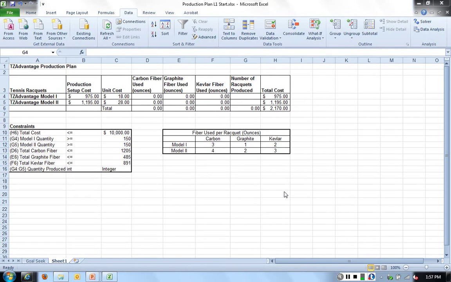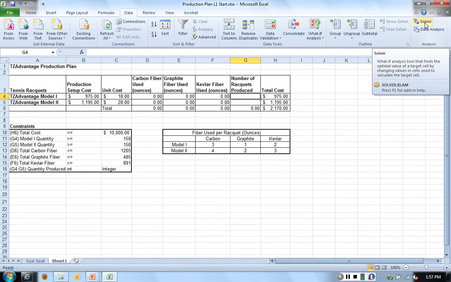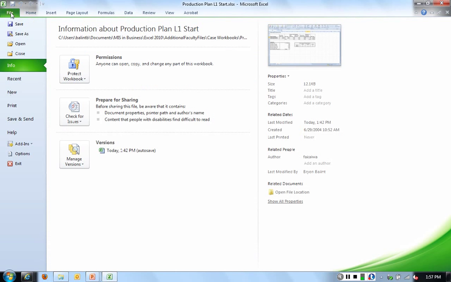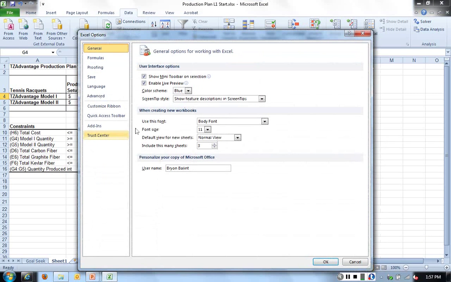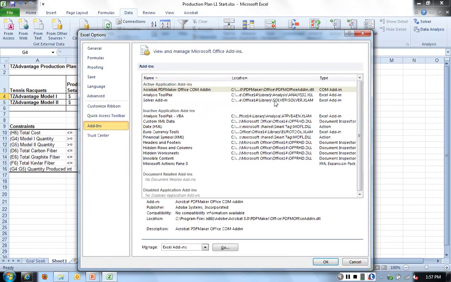To get into Solver, I go to my Data tab, and when I come over to the right, there is a menu in the upper right corner called Solver. Now if you do not have this, let me show you how to get it. So on a PC, if you go to File and then Options, you're going to get a box that contains Excel Options. You're then going to go to Add-ins, and here you're going to get a list of the available add-ins. There's this box called Manage Excel Add-ins. You're going to click the word Go,